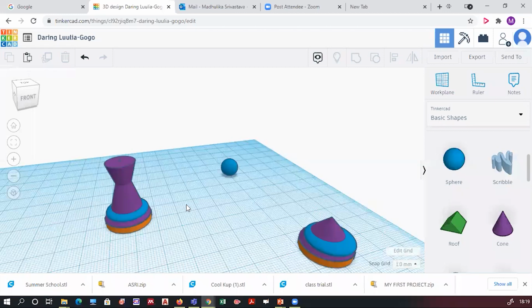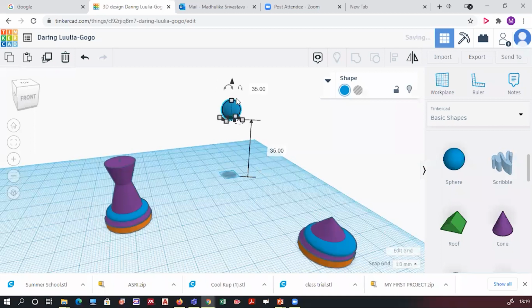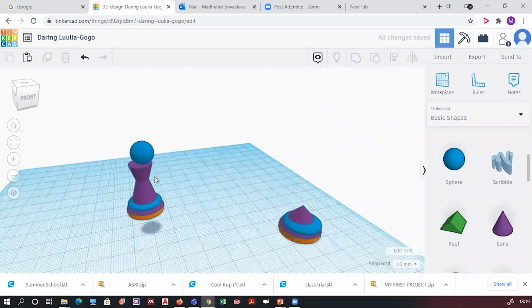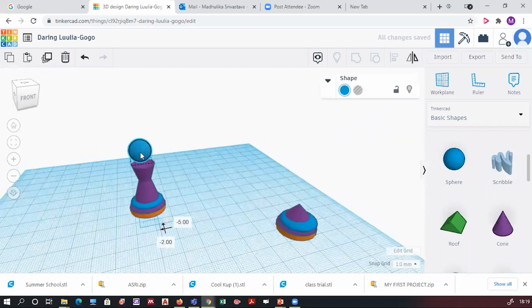I'll come to how you will decide that. After reducing the size in all the dimensions, just select this, raise it, and place it over here.